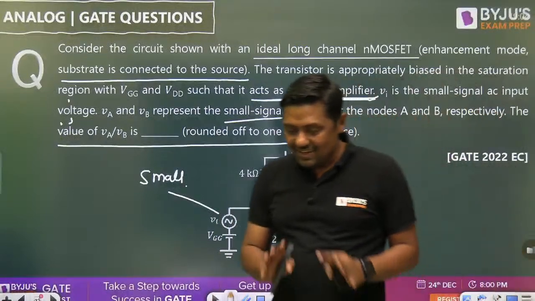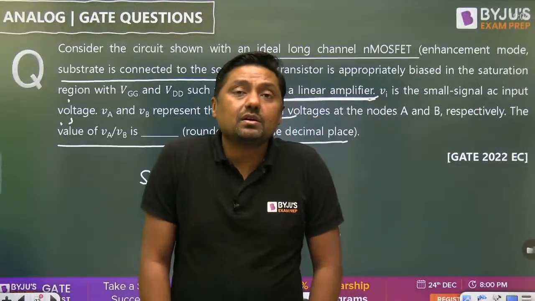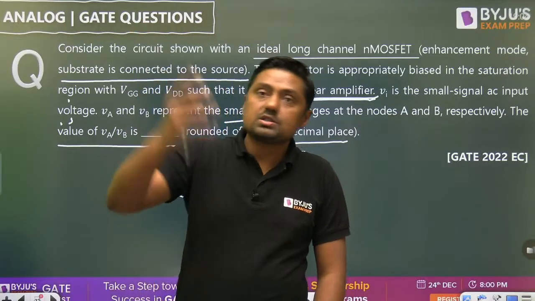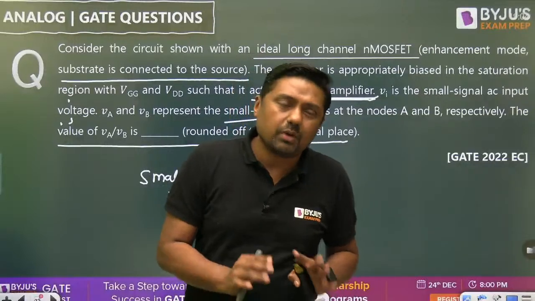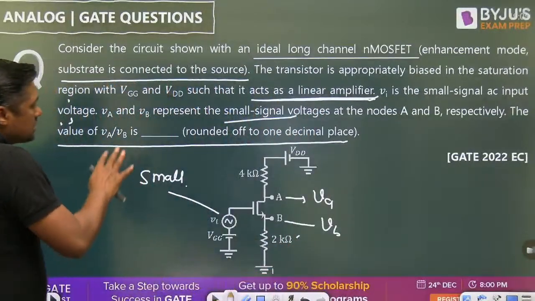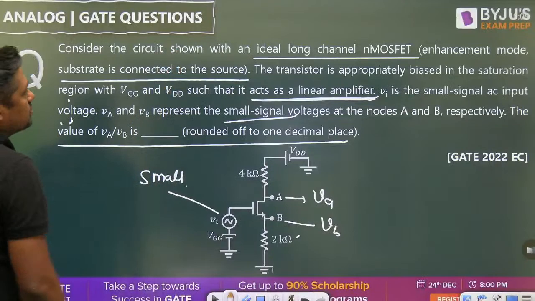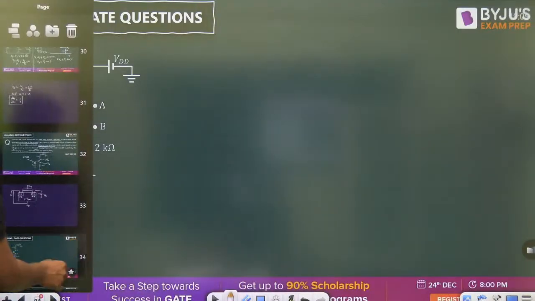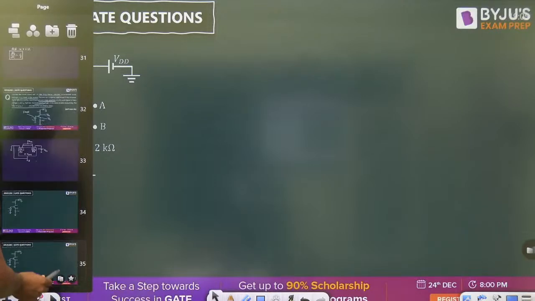Now, one word is used here: small signal. When this word is used, students will draw the small signal model and try to solve the question. But remember one thing: with this diagram itself we can solve this question very easily. No need to draw the small signal model. But the basic concept of gain